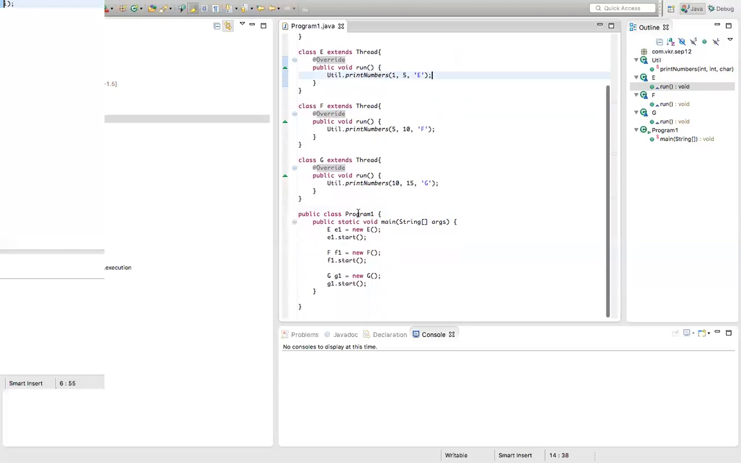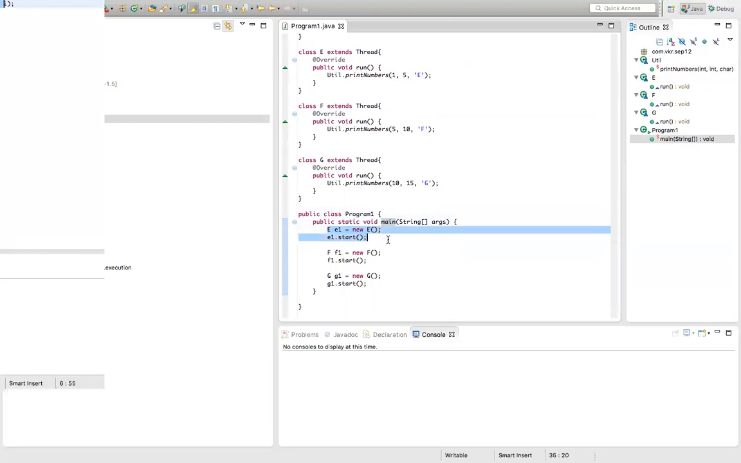Now inside the derived class, the main class, Program One, I have a main method. Inside the main method, I'm creating an object of the class G and calling the start method. Whenever we call the start method, how is it internally executing? By default, if you run Java Program One,